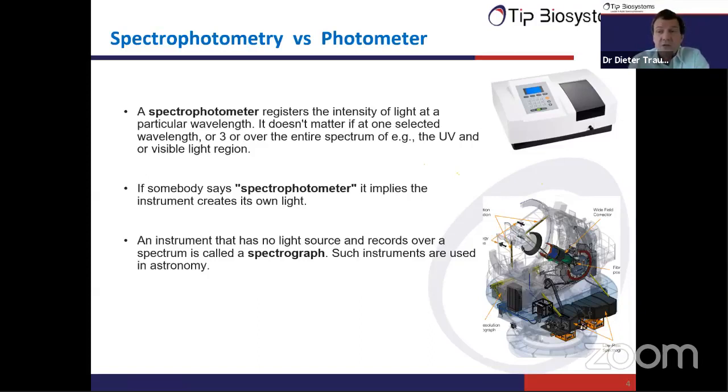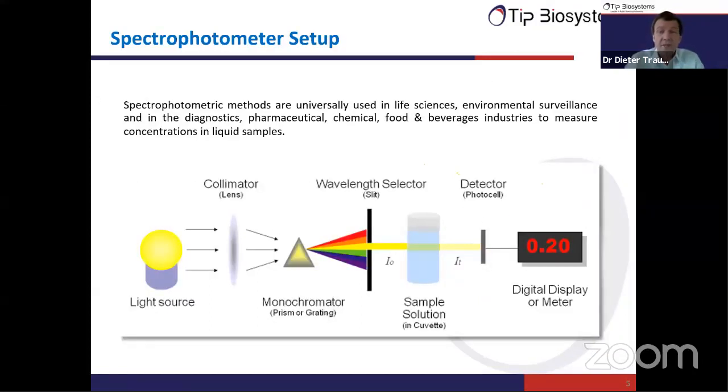Okay, now let's go a little bit deeper. How is the spectrometer designed? What are the components? So here we see a typical setup of a spectrophotometer. As mentioned, it has a light source, but in most spectrophotometers the light source is not monochromatic light. It's white light, and white light contains all the different colors and all the different wavelengths. Typically this light source in a spectrophotometer, we call it a tungsten lamp or something like this.